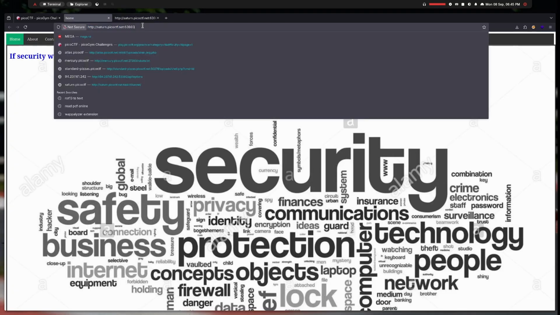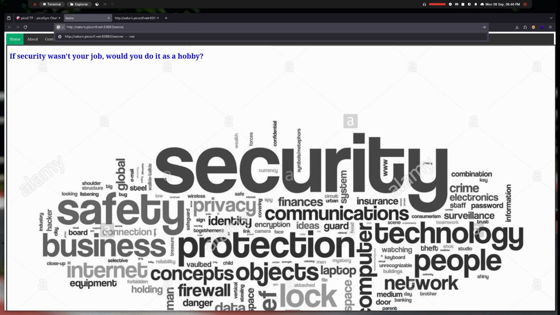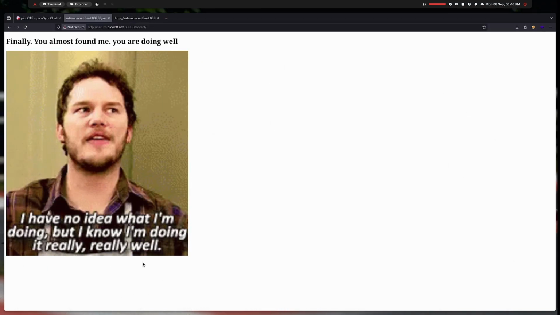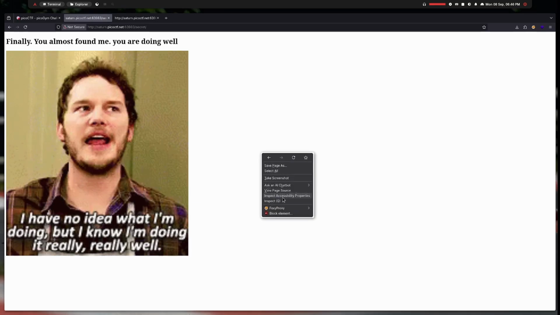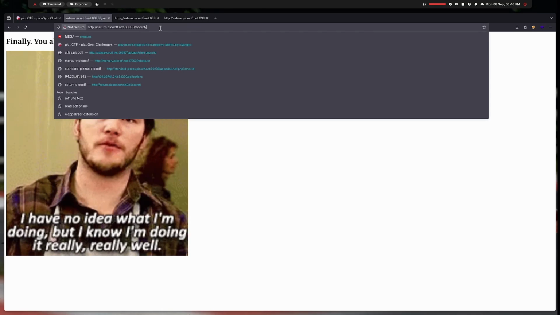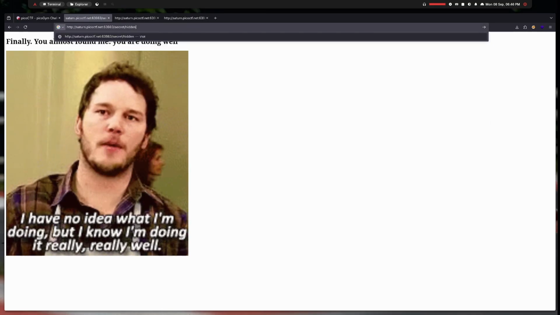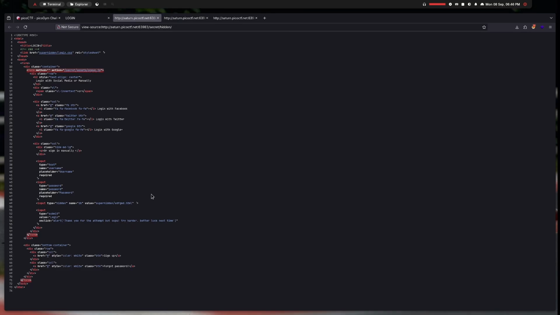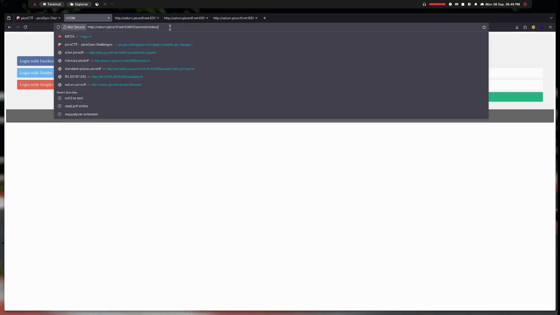Because this challenge is about secret pages and stuff like that, we can go to secret and we get this GIF, and it says that we're doing well. If we go to the source code of this, we see there is a directory called hidden. So if we add hidden to this, we get this login page, and once again, if we go to the source code, we see there is the super hidden directory. So if we go there,